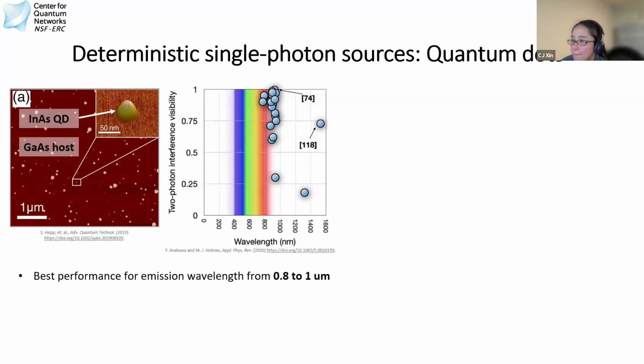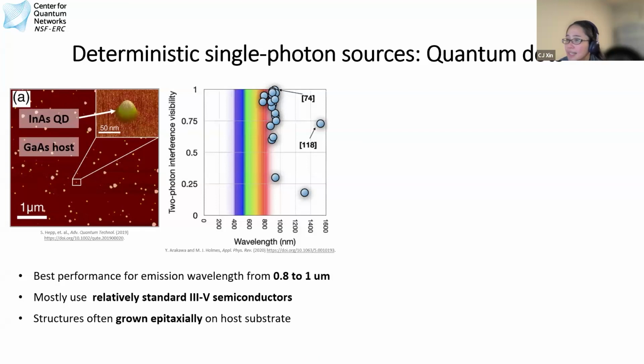However, and this is something that's not in the plot, but in general, they use relatively standard 3-5 semiconductors. So gallium arsenide, indium phosphide, etc. And then the one last thing to note is